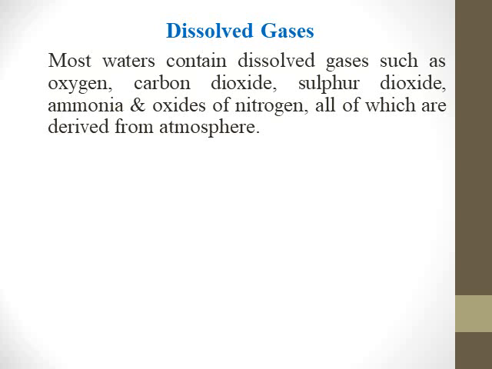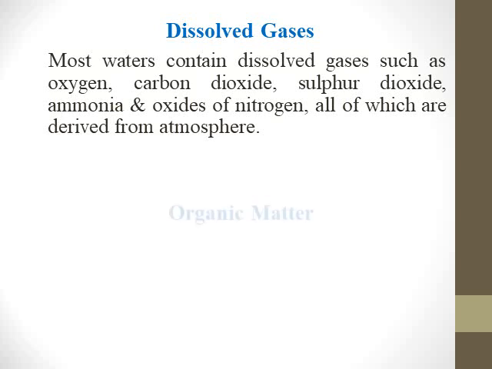The nitrogen oxides will usually be in the form of ammonia, nitrogen dioxide, and even nitrogen monoxide. So the dissolved gases mainly include oxygen, carbon dioxide, sulfur dioxide, ammonia, and oxides of nitrogen. The water used for boilers will be free from all four different types of